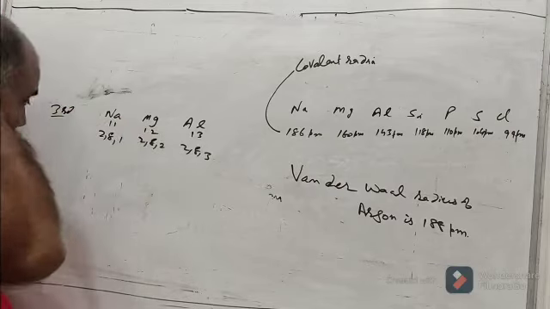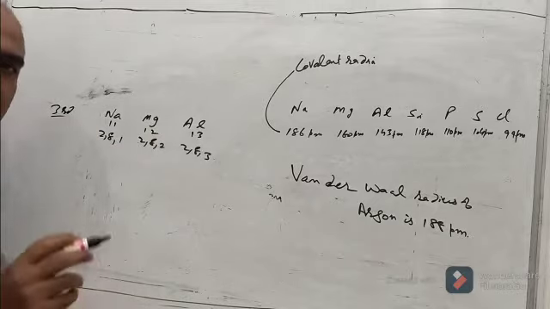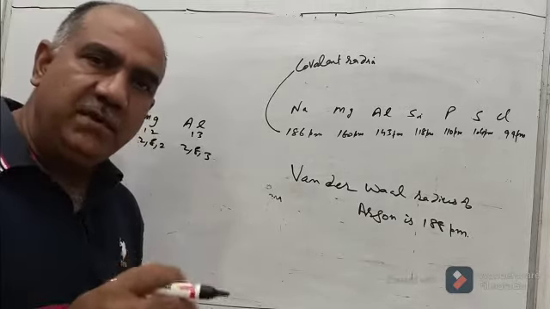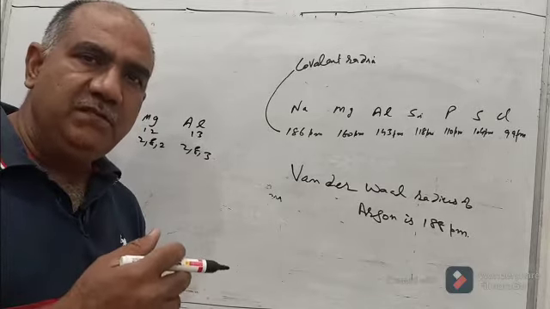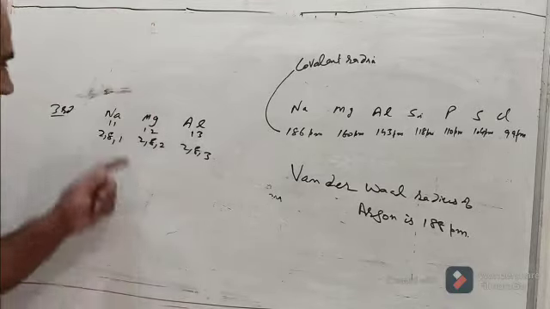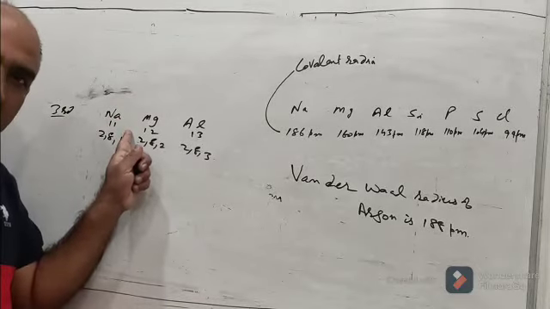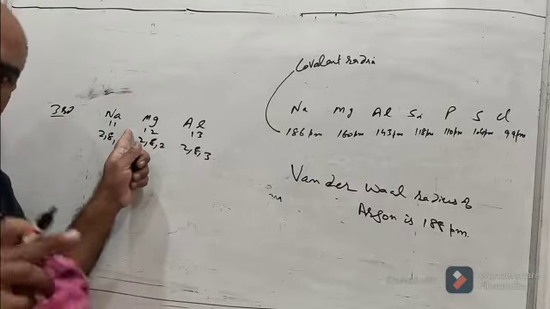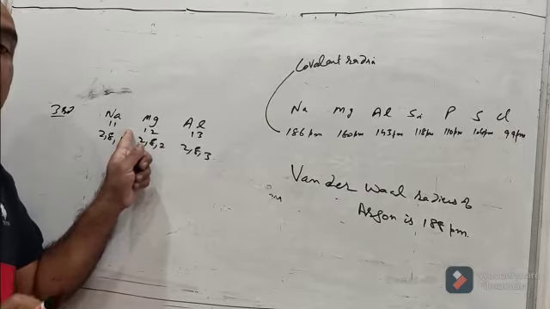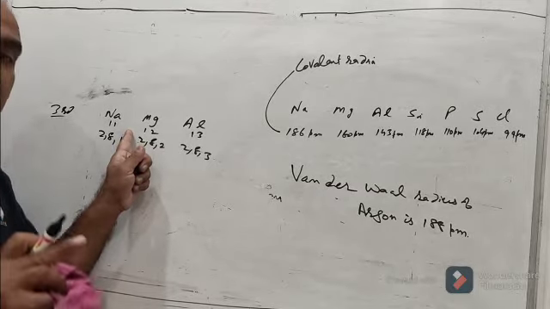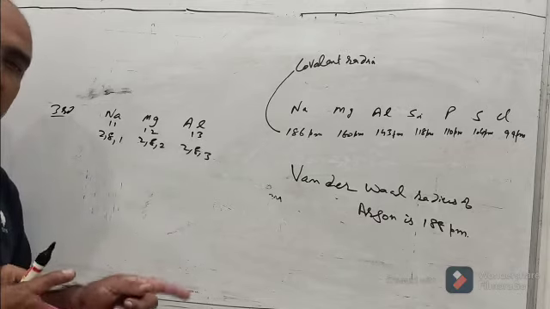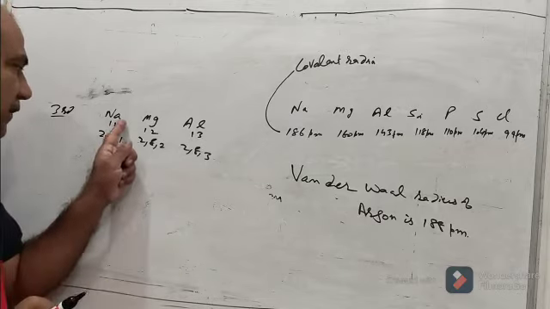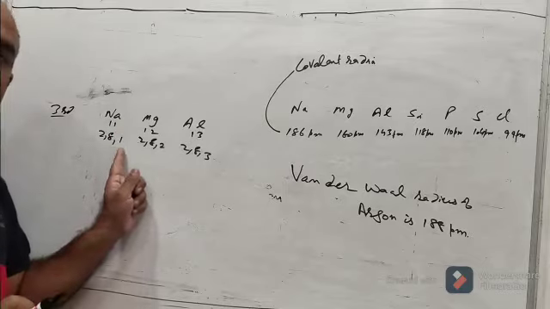what we have seen is atomic number increases. And what is atomic number? See, atomic number of an element is the number of protons that are present in the nucleus of one atom of that element. Atomic number of sodium is 11 because in one atom of element sodium there are 11 protons present. So its atomic number is 11. Also in the neutral atom, number of electrons is equal to number of protons. So if it is neutral sodium, electrons are also 11.